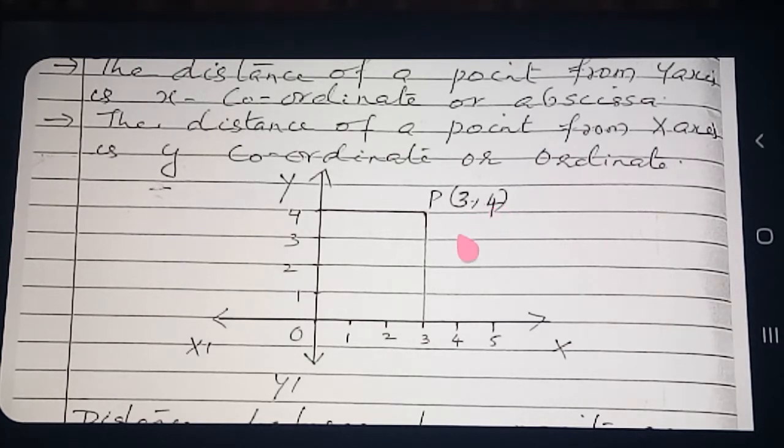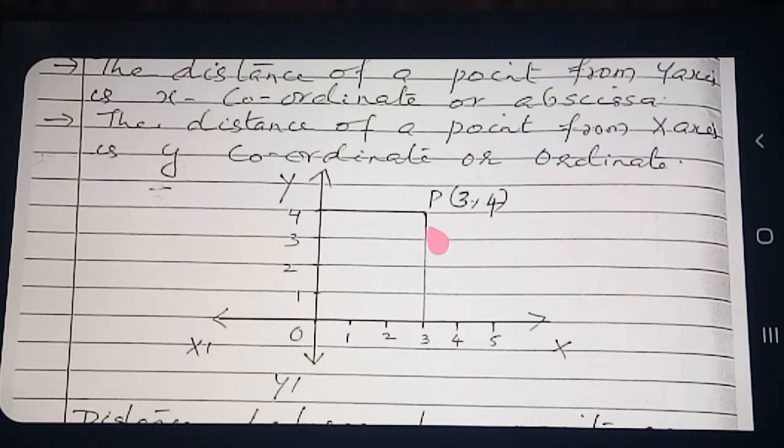In an ordered pair, the order must not change. (3, 4) is not equal to (4, 3). (3, 4) says the x coordinate will be 3 and the y coordinate will be 4. (4, 3) says the x coordinate will be 4 and the y coordinate will be 3. Therefore, for the ordered pair (3, 4), the order is very important.